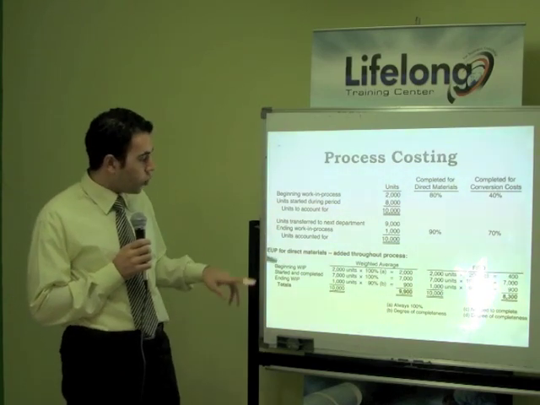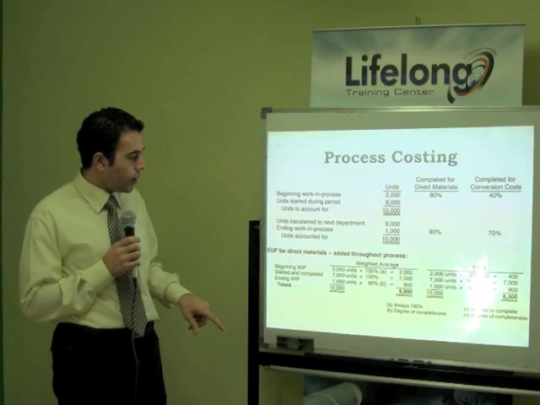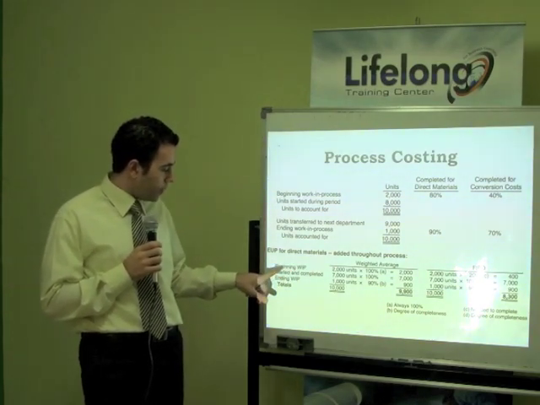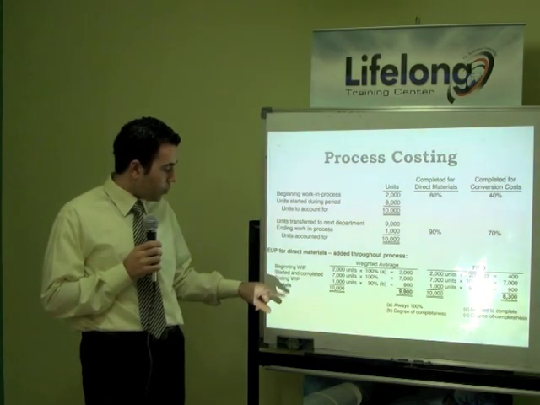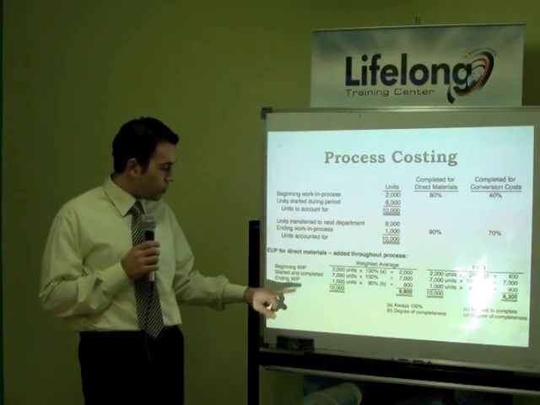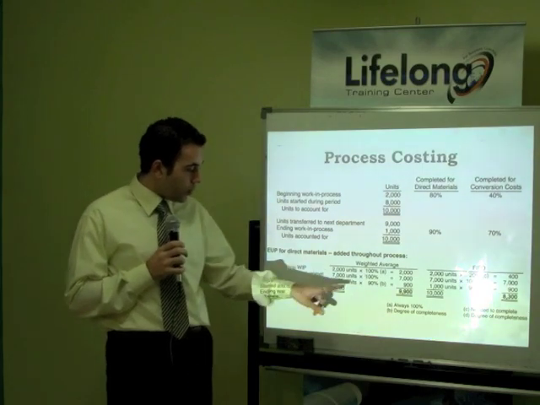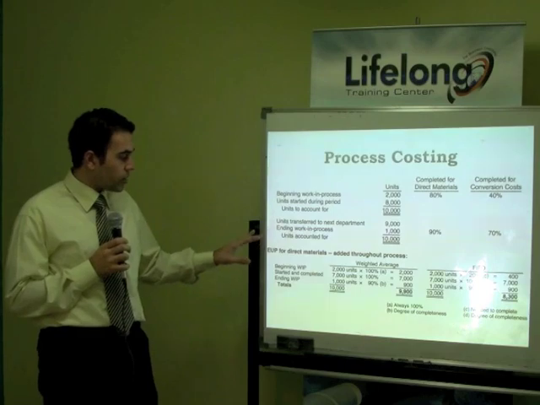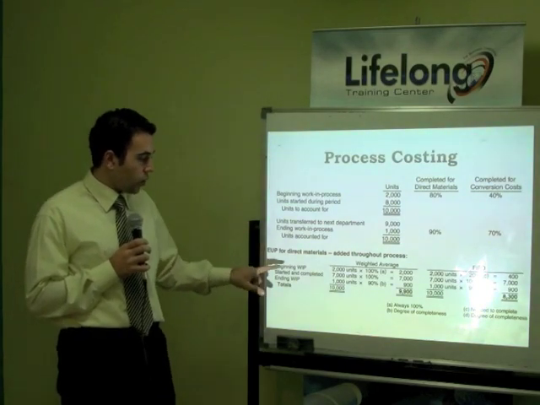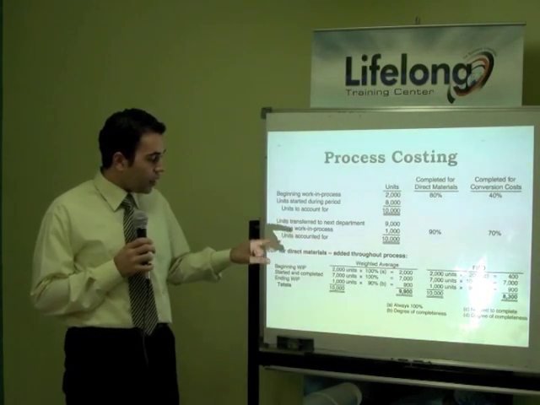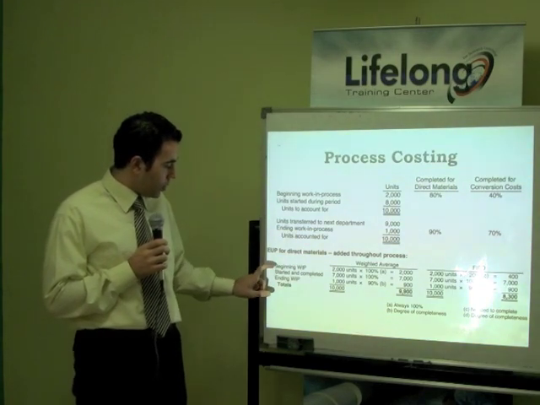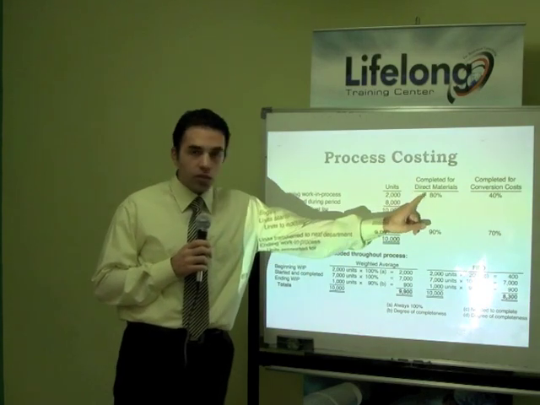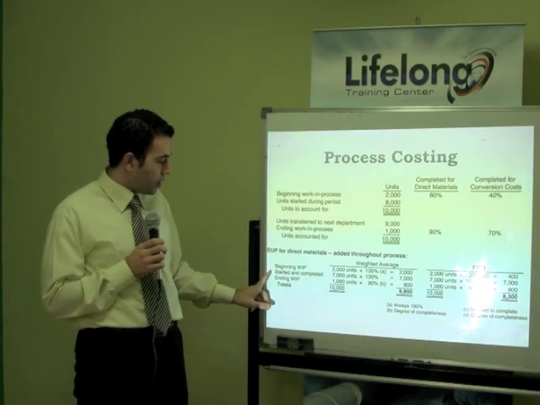Now I need to add a throughout process. So for me here, I'm saying, okay, the same thing. I have beginning work in process, I have started and completed, and I have ending work in process. And here for ending work in process, I'm interested in what? In the 90% left. Why? Because I need to take these materials out. So in that case, I'm interested in the cost of what? Of the beginning that I have here, because I'm accounting for this cost. I'm interested here in the cost of these